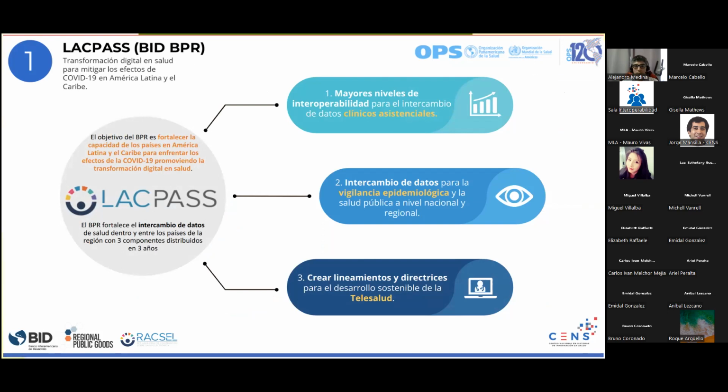So now, just as a summary and maybe to comment that the public goods and LACPASS project is focused on three goals mainly. The first one was the one that was addressed last year and this year that ended with the Conectaton here in Chile, focused on having greater levels of interoperability. The EUTCC certificates were tested in that Conectaton. The second one focused on surveillance, epidemiological surveillance, and the focus is placed on advancing on certain